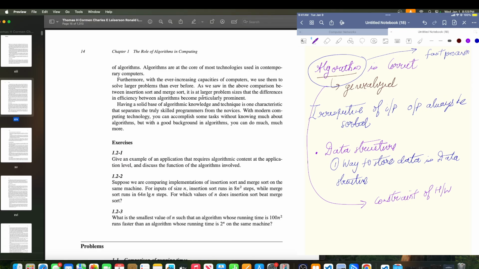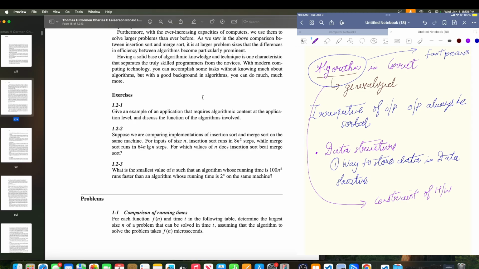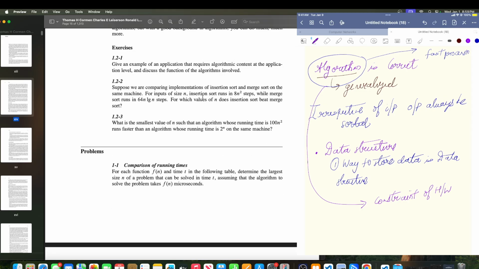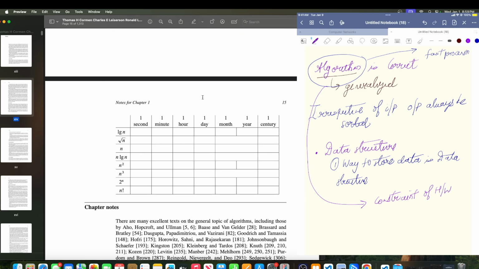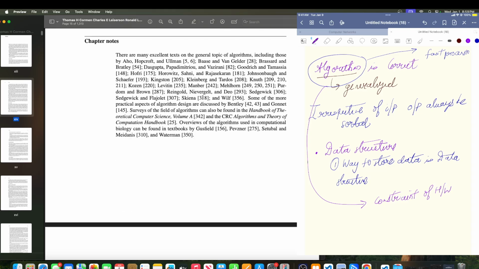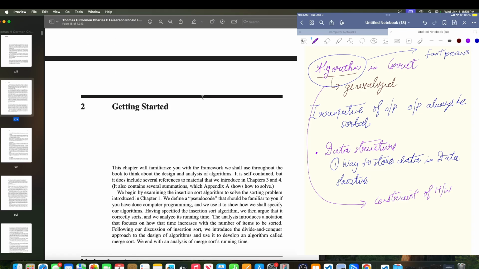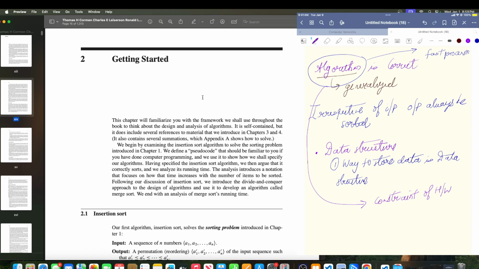Give an example that requires algorithmic content at the application level. Suppose we are comparing implementations of insertion sort and merge sort. Okay, now a comparison of runtimes. Now getting started. This chapter will familiarize you with the framework,